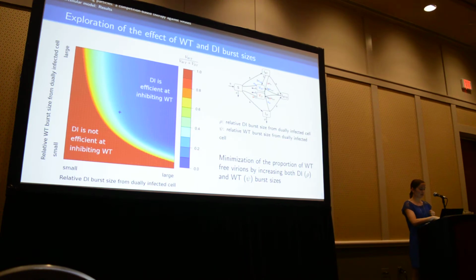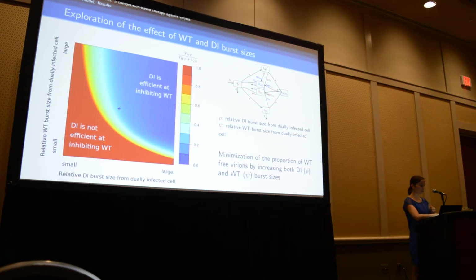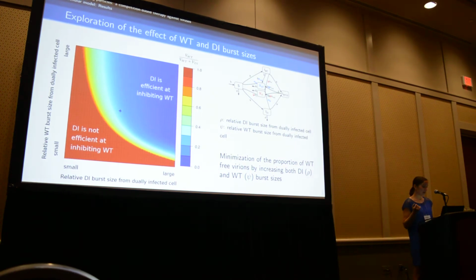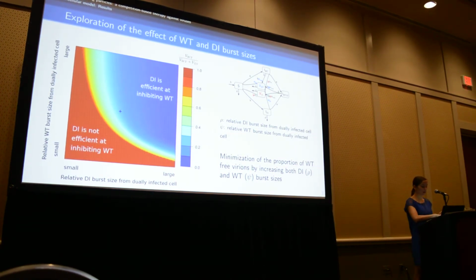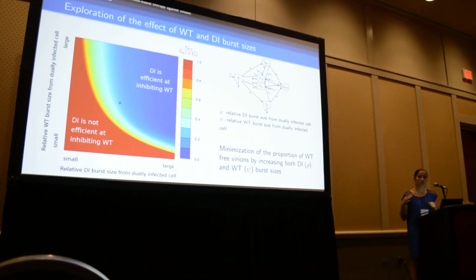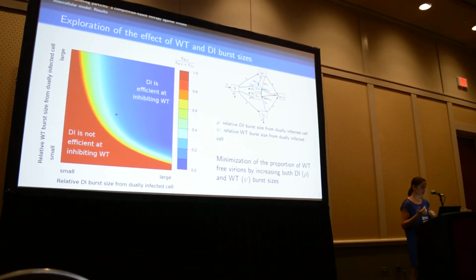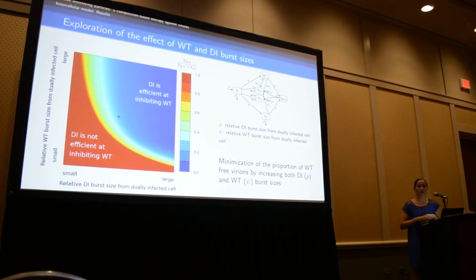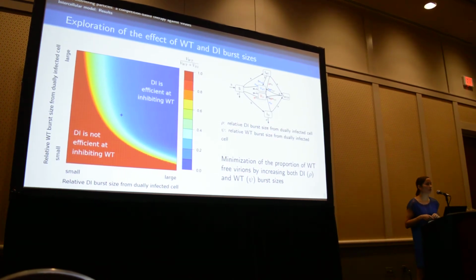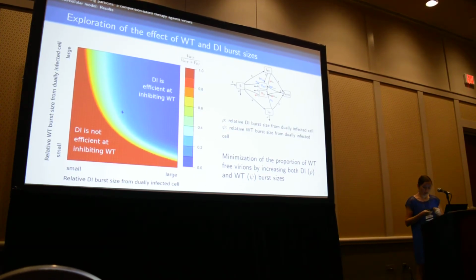So on this heat map, you can see again our variable of interest, the proportion of Y-type free variance, as a function of the Y-type and the DI burst sizes from dually infected cells. And you can see that the blue region of the heat map represents low Y-type viral load, which means that the DI is efficient at inhibiting the Y-type. And this is achieved for large Y-type and DI burst sizes. So it can seem counterintuitive to have to increase the Y-type burst size in order to decrease the Y-type viral load. But